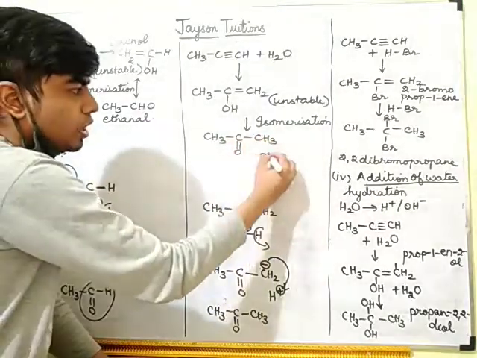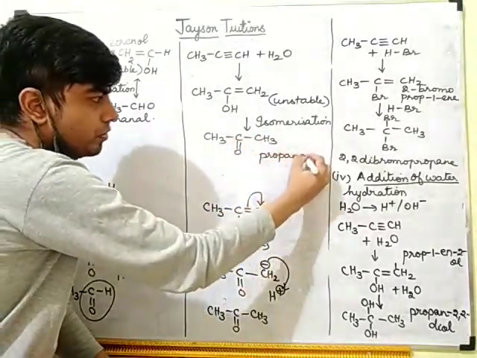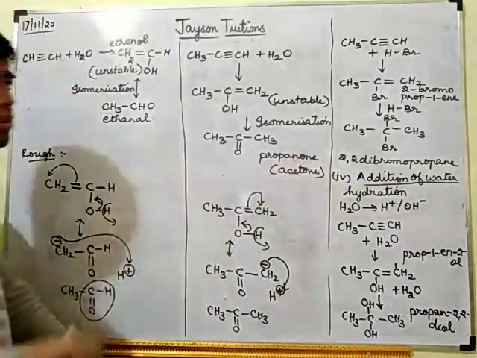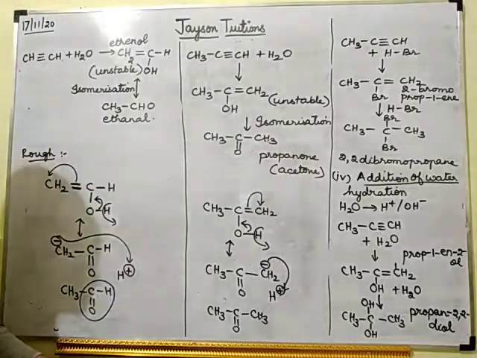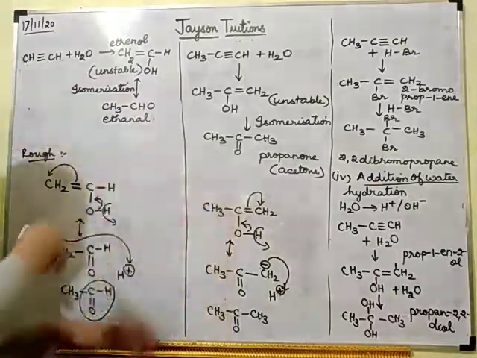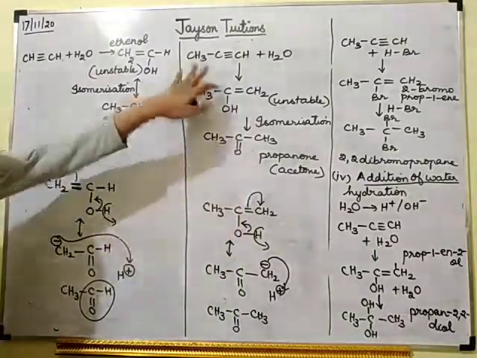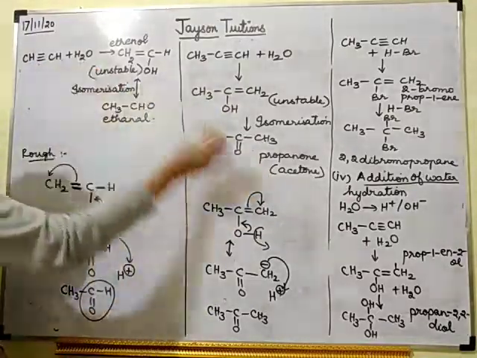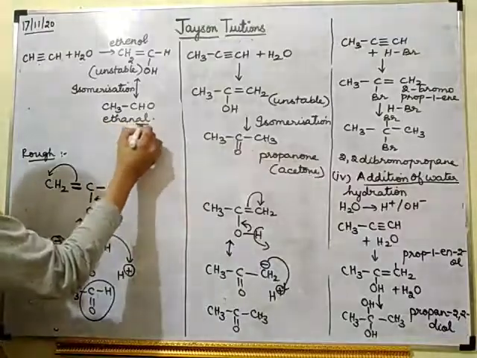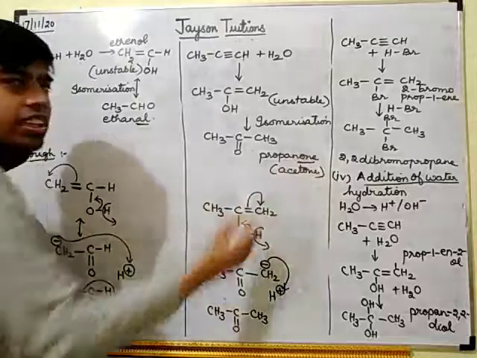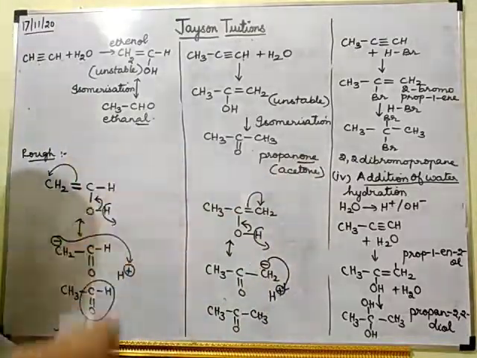So this is propanone. Another name for propanone is acetone. Where is acetone used? It is used in nail polish remover. Okay. Understood, Aditya? Yes, sir. Okay, so this is how you will get it. If ethyne undergoes hydration, we are getting an aldehyde, and if propyne undergoes hydration, we are getting a ketone. Okay, these two are important things.